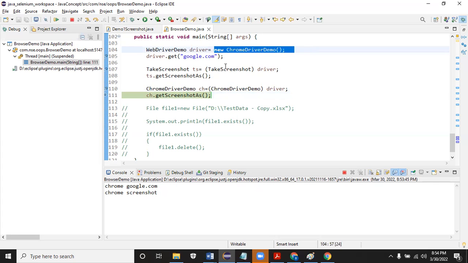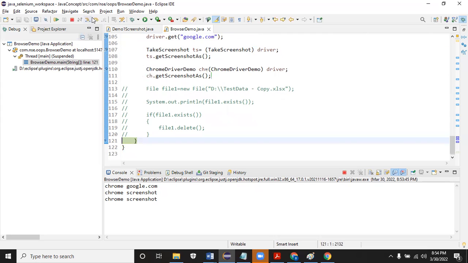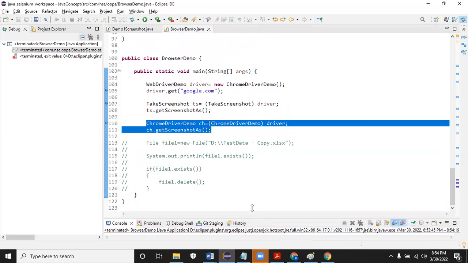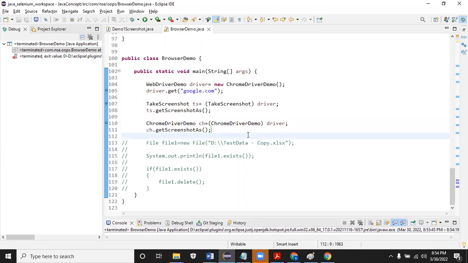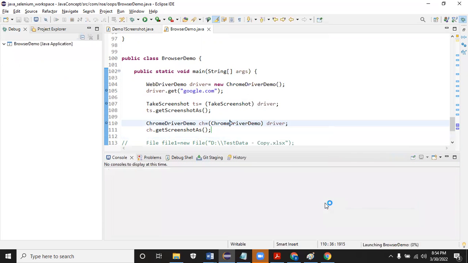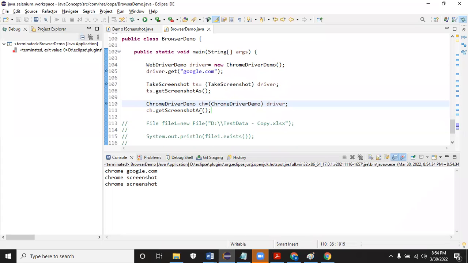New ChromeDriver can be stored in ChromeDriver as well as WebDriver. TakesScreenshot. Okay, I can do typecasting to ChromeDriver, but why are we not doing this? This is also going to work, but why are we not doing a casting to ChromeDriver? Both are child. No, it is actual code only. You see, when I run it, we get the output. Okay. Now, after doing this, in order to run it in Firefox, what you need to do, you have to change this, correct? Now, new Firefox, can we store it in ChromeDriver?